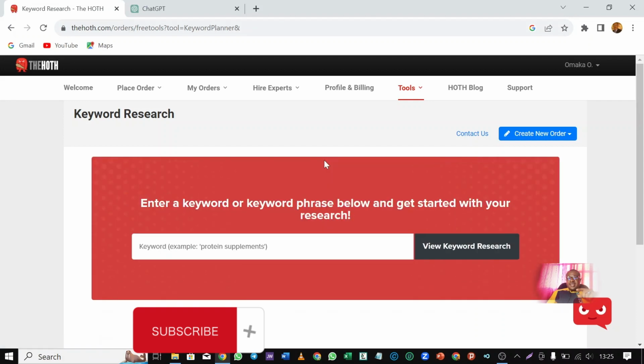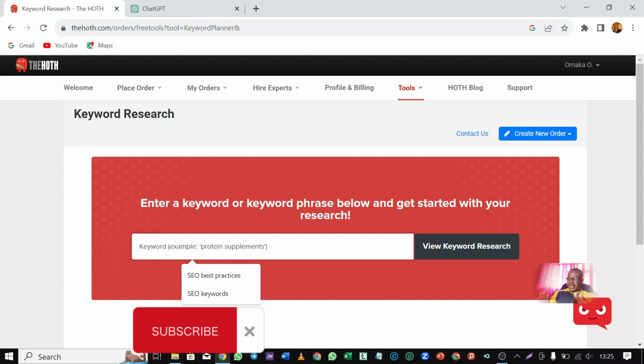Now, one of the things with this site is that once you log in, if you've not registered with them, you will be required to register for you to be able to use their tool. For me, I have done the registration before now, and that is how I'm able to log in. And the registration is free, okay? So you can actually use this tool to enhance your blogging journey and become proficient, make some cool cash from the blogging business. So now we are in this tool.